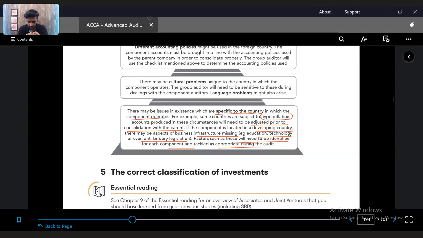A company might be making certain adjustments because it is experiencing hyperinflation, and those adjustments need to be taken into consideration. There could also be regulatory aspects that are missing, where nobody is bothered in that particular country, like there is no specific regulation as in the group parent entity. So they can post whatever they want, whatever they can, which will lead to problems